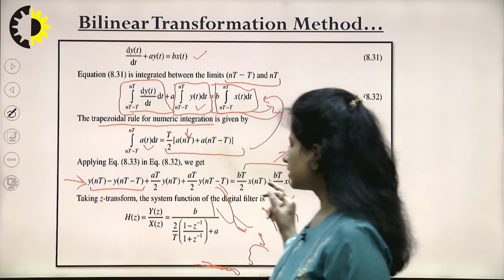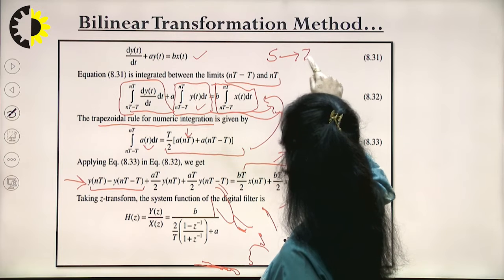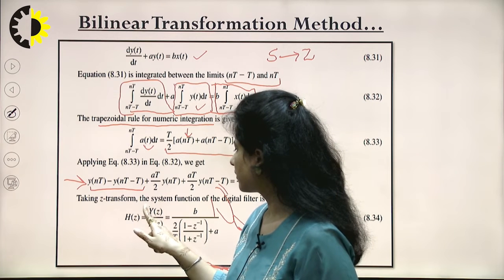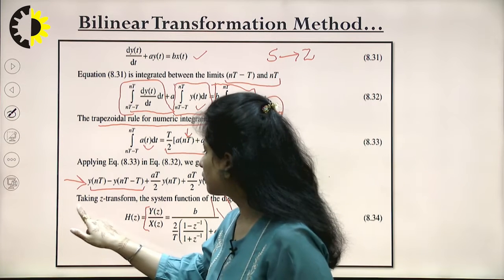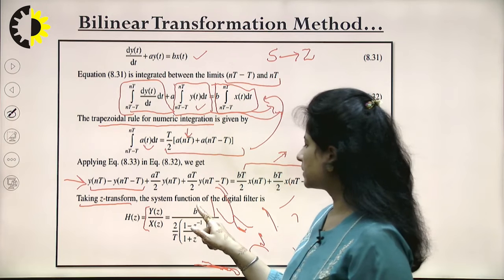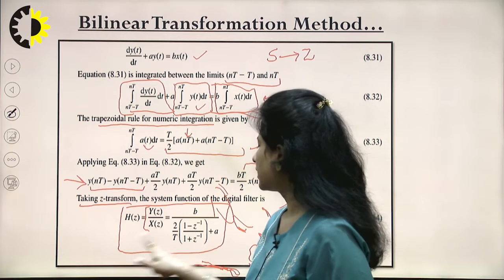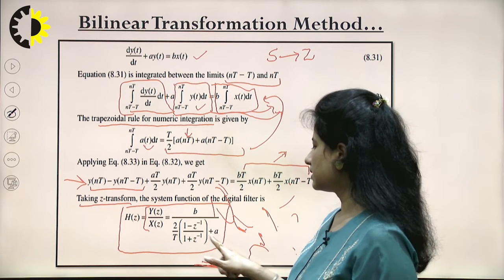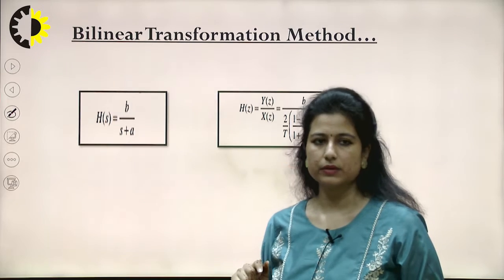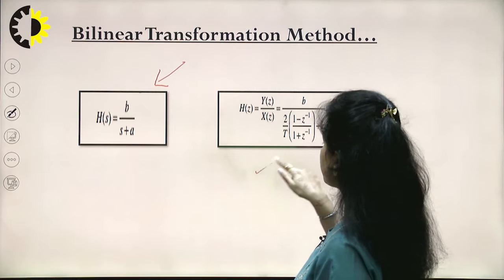Once I receive this integration, I am almost halfway to converting from the S plane and going forward to the Z plane. So after the rearrangement of this equation, if I have to calculate this ratio Y(z) by X(z), that means I would be taking the Z transform of this particular equation, and after rearrangement I would receive this particular function, which is represented as b divided by (2 by T (1 minus z inverse) by (1 plus z inverse) plus a). This is almost similar to the standard equation with which we had started this derivation. This was the first case from which we started this transformation, and we have reached over here.